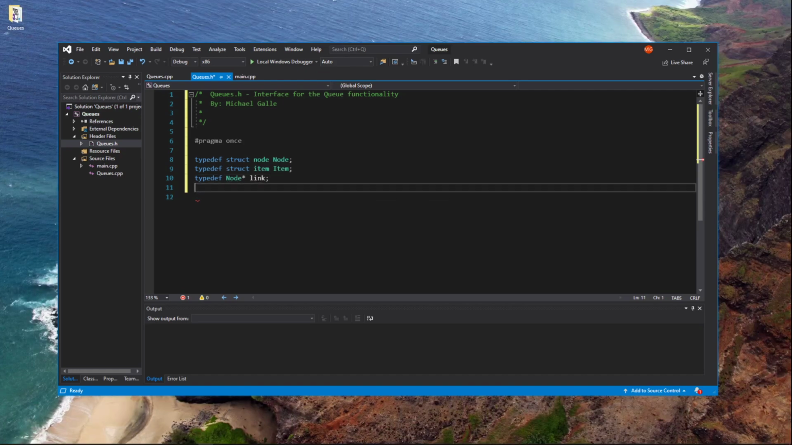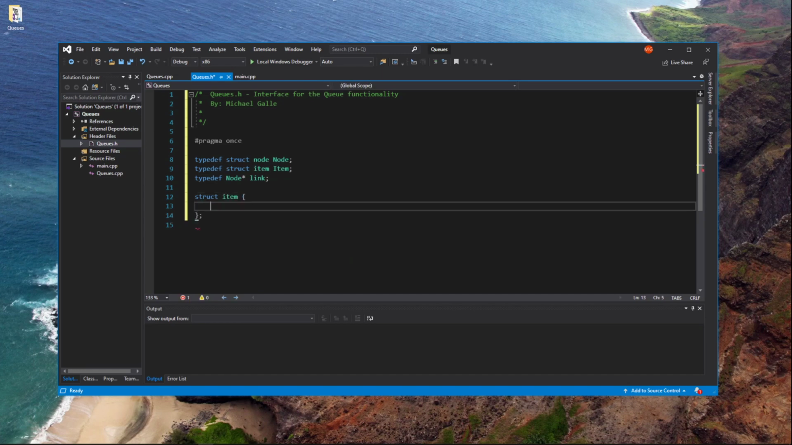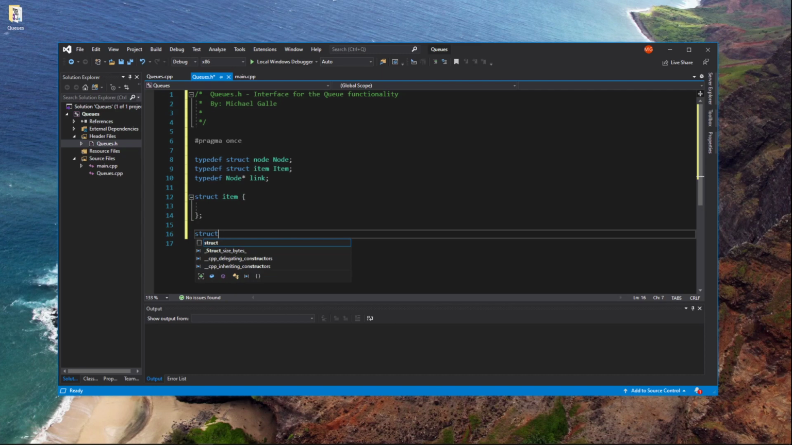Okay. And now we have to define item and node. So we have struct item. This is where we define what it looks like. And then we have struct node. We're going to define what that looks like. And we know node is link